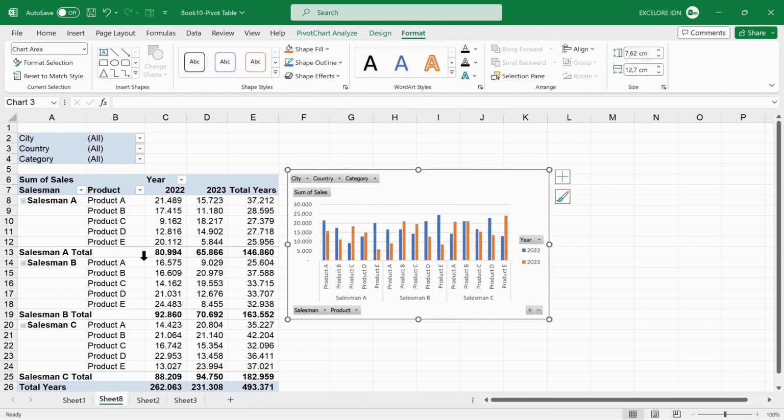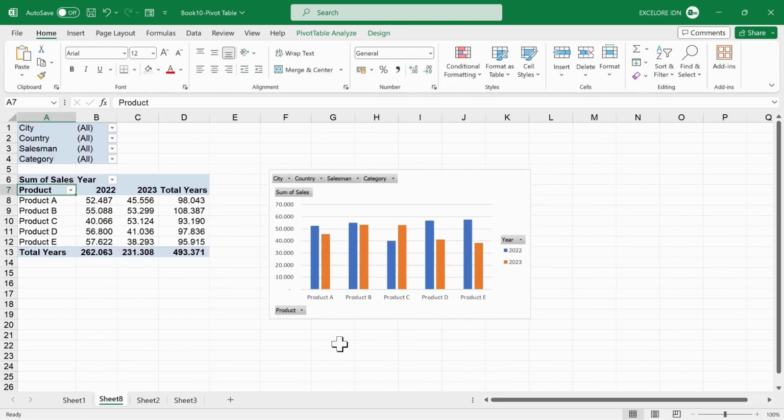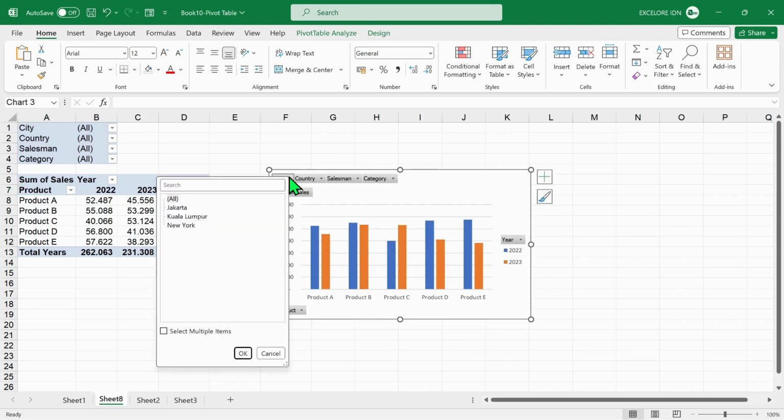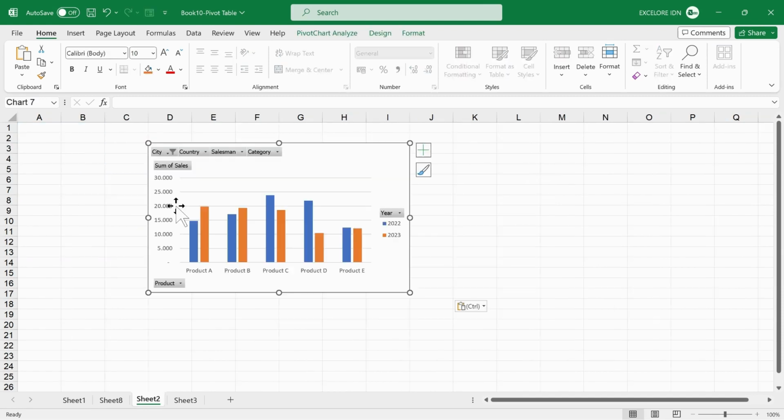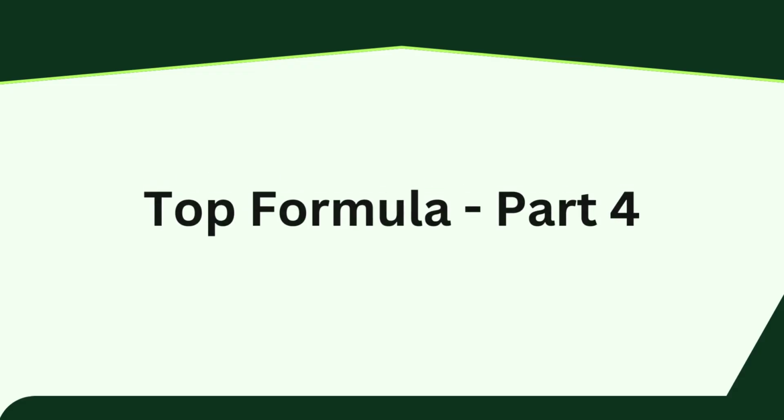Modifications to the pivot table, such as returning a salesman to the filter field, will reflect in the chart as well. We can also filter data directly on the chart. For instance, click City and select Jakarta. Then the chart changed. We can also move this chart to another sheet by copying and pasting. Okay, that's all about pivot tables. We will move on to creating report with simple template.